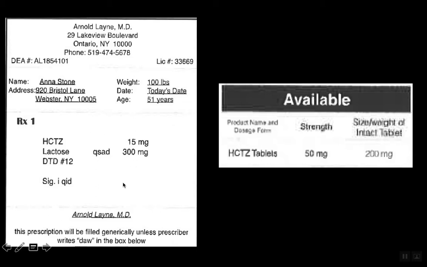Okay, let's move on because I feel like as we go on, you will understand more. I don't want to spend the whole time here. Then usually they give you what they have available. I'm sorry if this is a little blurry, but here you can see they have hydrochlorothiazide tablets, because what is going to be a source of getting this 15 milligrams of active hydrochlorothiazide? You could get it from a different hydrochlorothiazide tablet. In this case, they have 50 milligrams, right? So this is 50 milligrams active